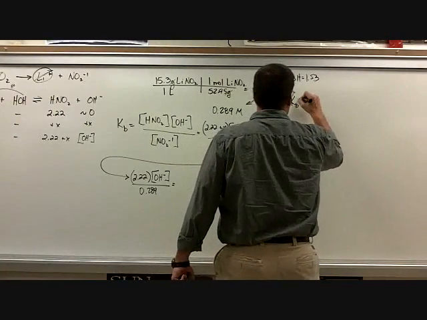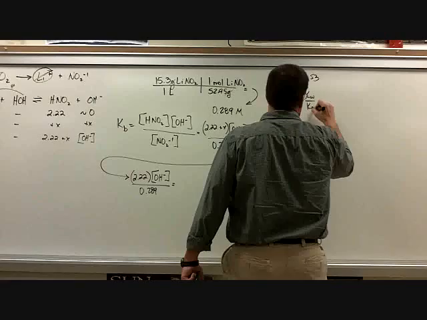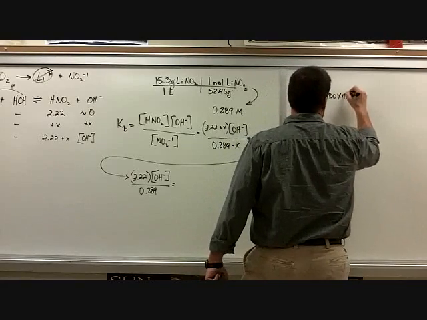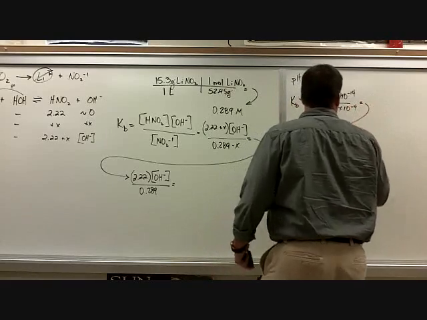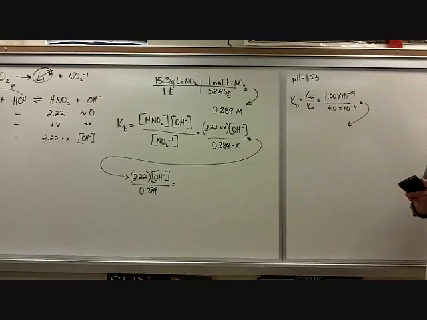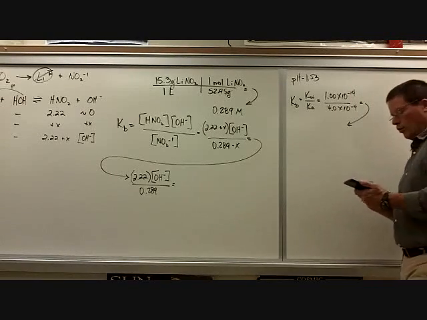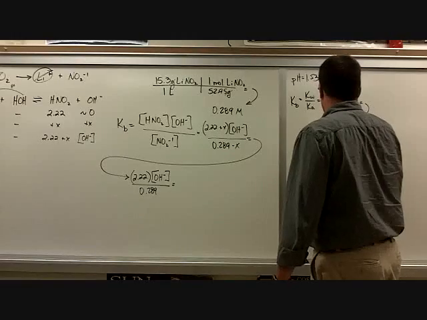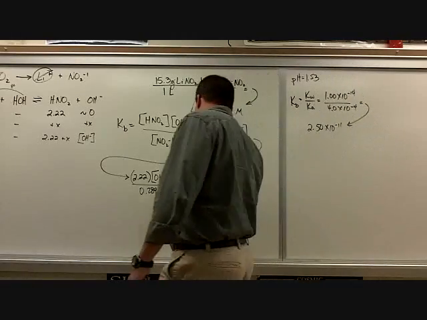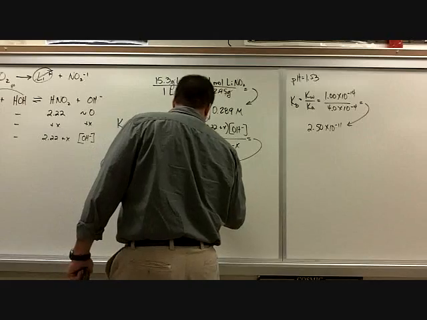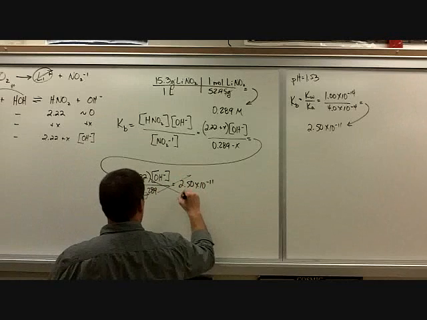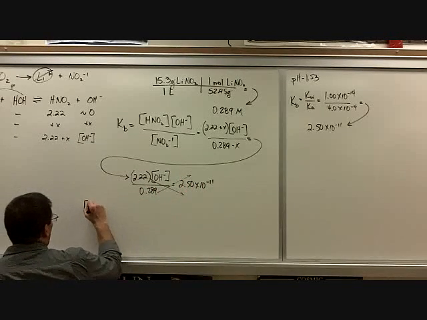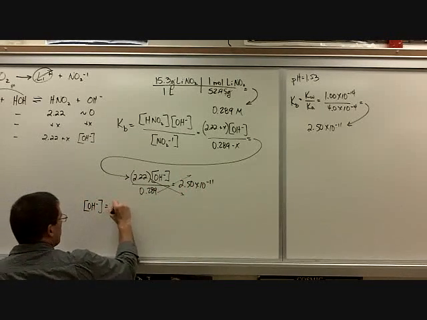So Kb is 2.5 times 10 negative 11. So let's start swinging these across. So your hydroxide is equal to